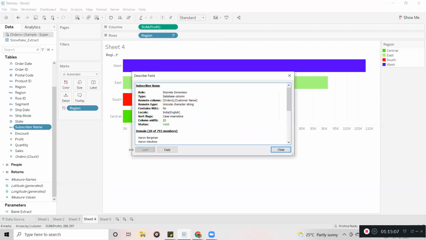Then you can see the remote column name. It is orders customer name, which means in the orders table the original field name in the database is customer name. This is how you can find out the remote field name.